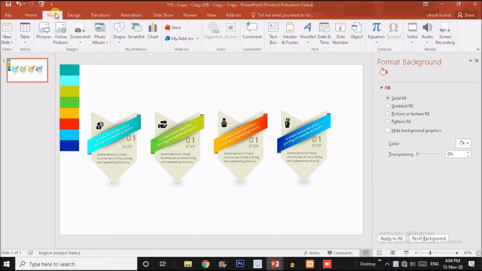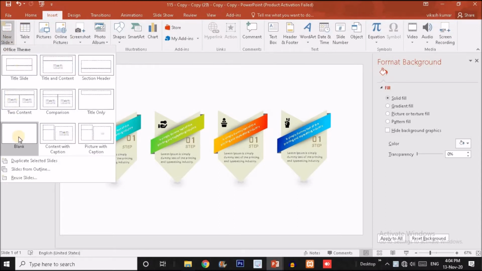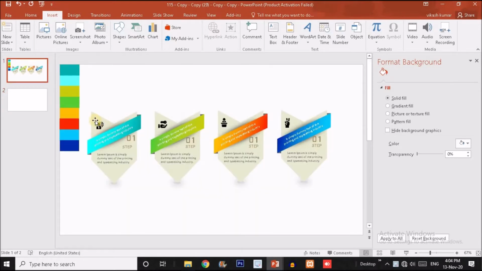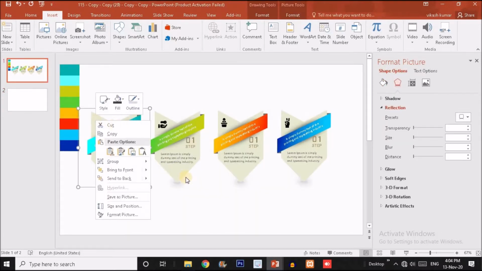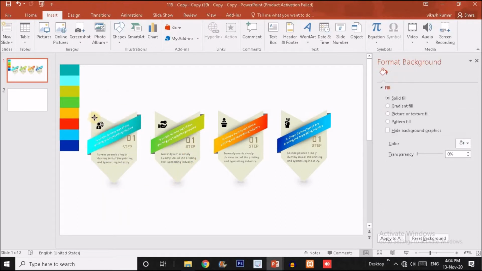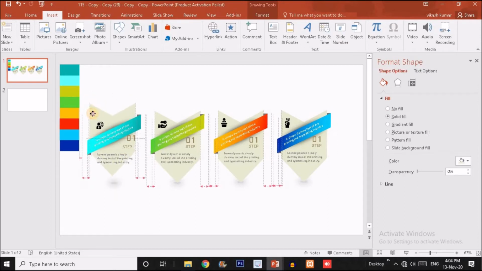Just click on insert option. Here you will find a new slide option, click on that and choose a blank slide over here. Now first we will create this shape. Let me show you what the shape is made up of, which type of elements are involved in this. So the main element is this triangular shape, so I'm going to create it first. After that we'll create this blue strip, and finally we will put some icons and the text over here